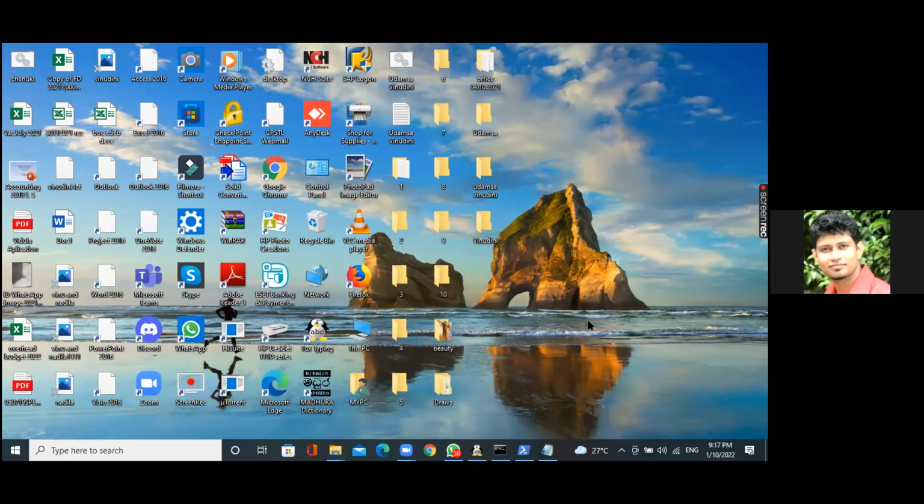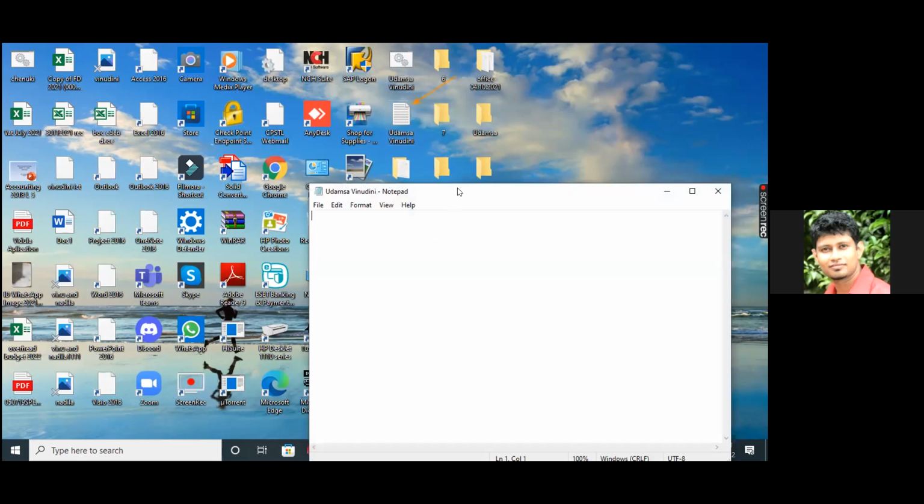Udamsa, can you open the notepad again? Take the text file, not the bat ones. Open the text file again. Okay, then you can type this command.